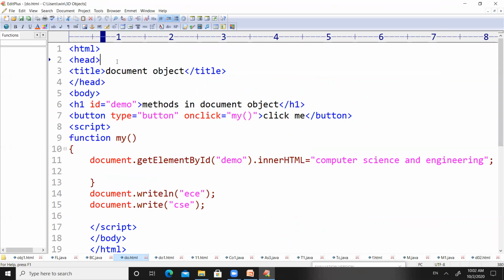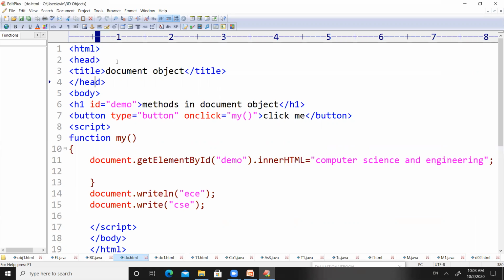Under the HTML, there is a head tag. Under head tag, we have title. The title of this web page will be document object. And then I have closed the title tag and head tag. After closing the head tag, I started the opening of the body tag, right?